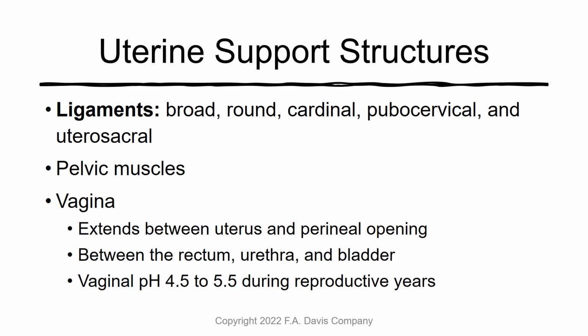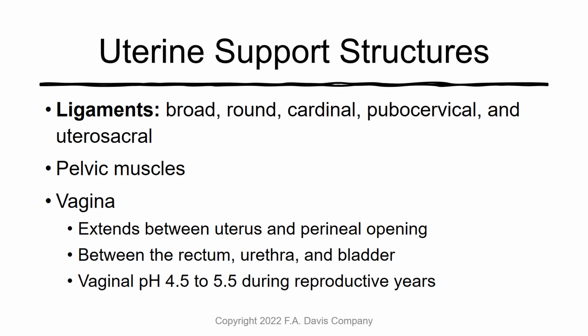Now, the uterus is supported in the pelvis by 5 different ligaments, and you can see those ligaments listed here on the slide. The broad and round ligaments will support the upper portion of the uterus. The cardinal, pubocervical, and uterosacral ligaments support the middle portion. Then you have pelvic muscles, which support the lower portion of the uterus. And if you look on page 30 in your book, figure 2.6 shows you the pelvic muscles and shows you the ligaments as well. So page 30,